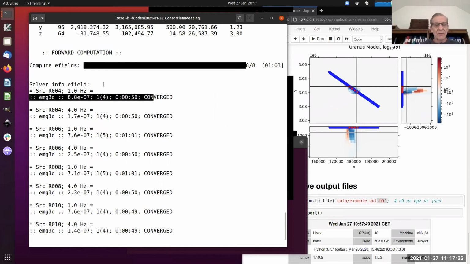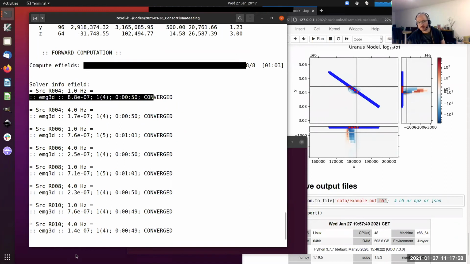When you do the solver, are you starting from scratch each time, or do you make any use of previous computations from a nearby transmitter or something? So that's a good point. Here, when I put it out in parallel, it starts from scratch each